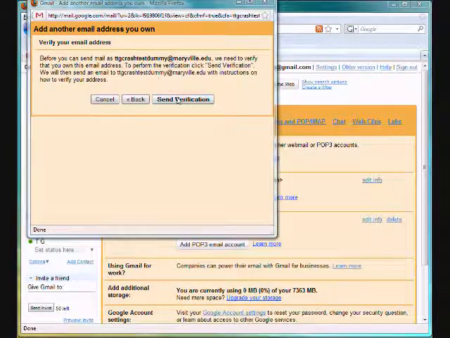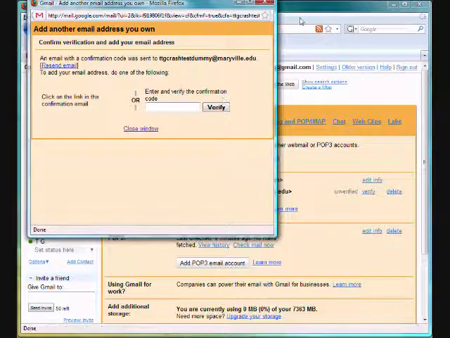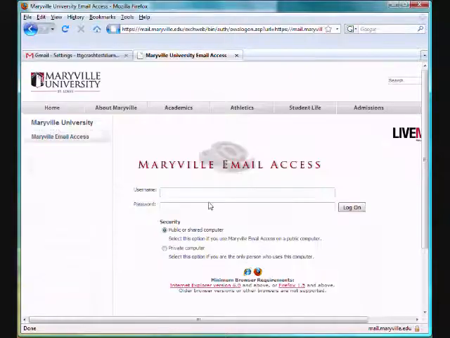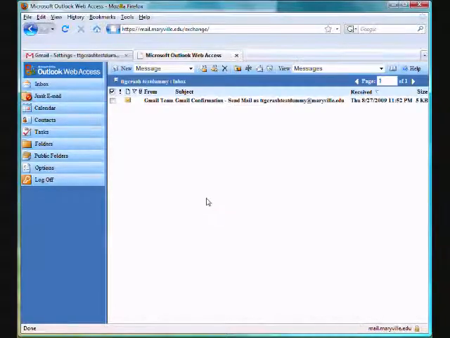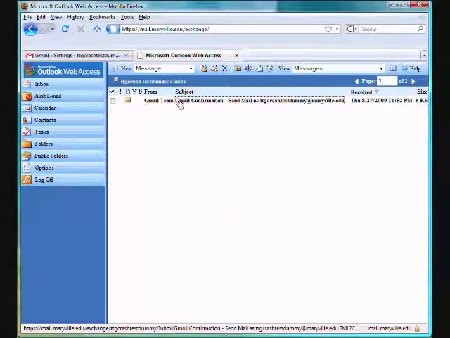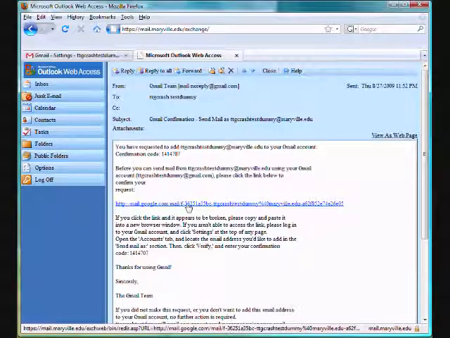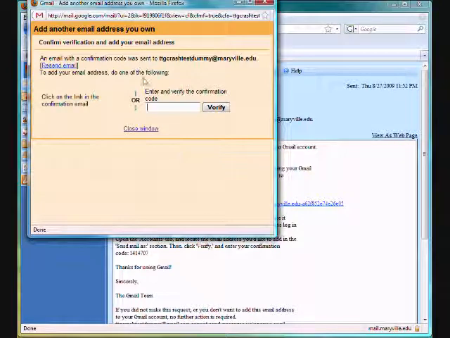What Send Verification will do is send an email to your Maryville address. So click on that. Then you want to go back into your browser and log into your Maryville account. And here you see that the confirmation email has appeared, and you have 2 options here. You can either click on this link and have it automatically do it, or if you want to make sure that it's doing it right, you can use this verification code. So I'm going to copy that, and then go back to this other window and enter that code. Click on Verify,